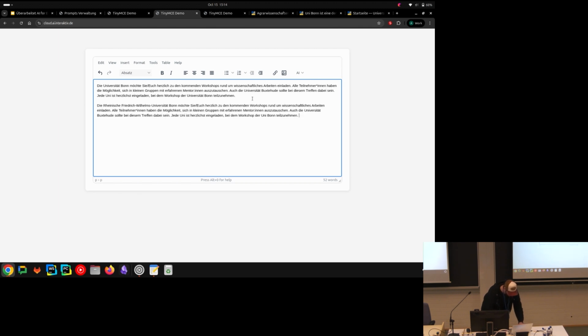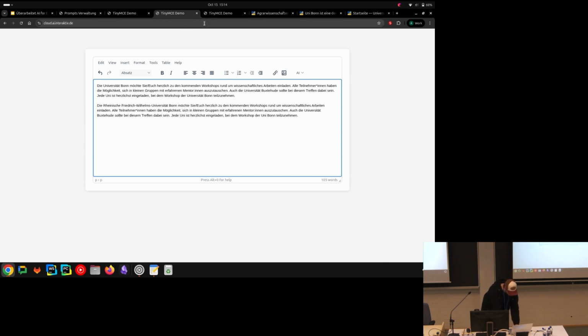I think the prompt should have marked the difference as I showed you. But as you can see, following the guidelines, or maybe not, we have the Rheinische Friedrich-Wilhelms-Universität. The AI turned it into the Universität Bonn, which is of course the Universität we are talking about in this text. And also the Universität Buxtehude was included in the text. It still is,